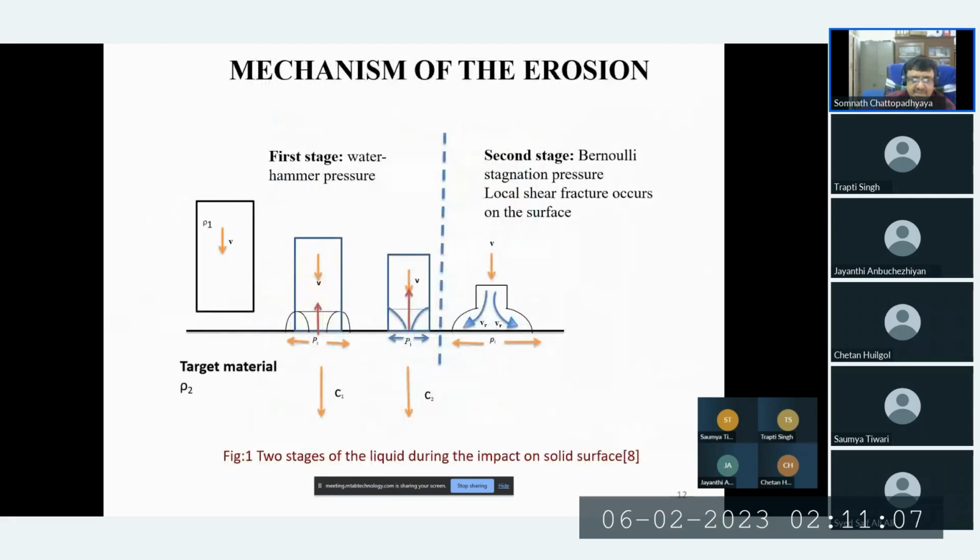So in the first stage, this is the mechanism. The first is the target material, and then it has the water hammer pressure, the hammering effect. In the second stage, it will just spread out, and that way the liquid acts in two stages and will impact the solid interfaces. On the basis of that,